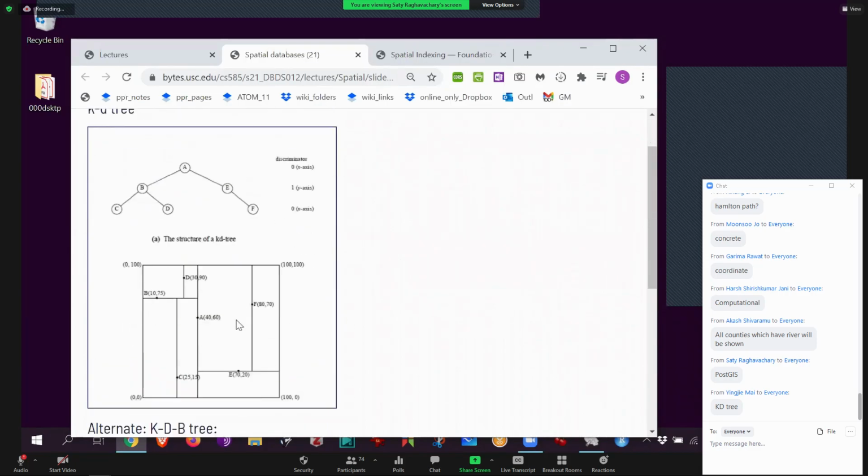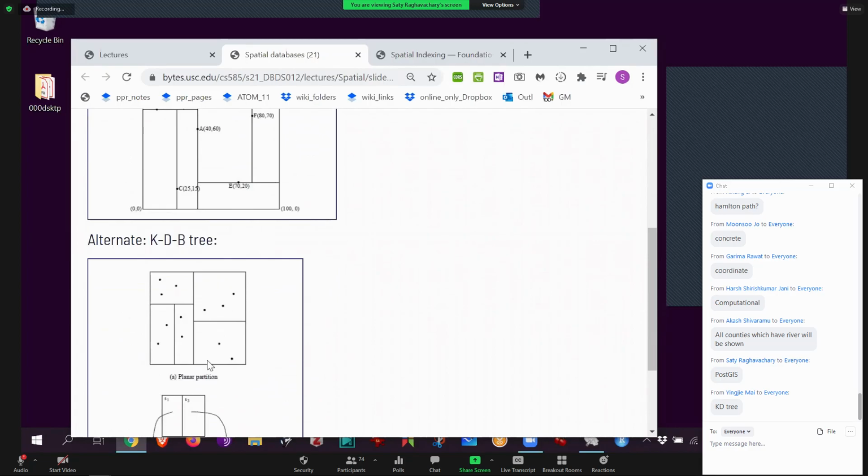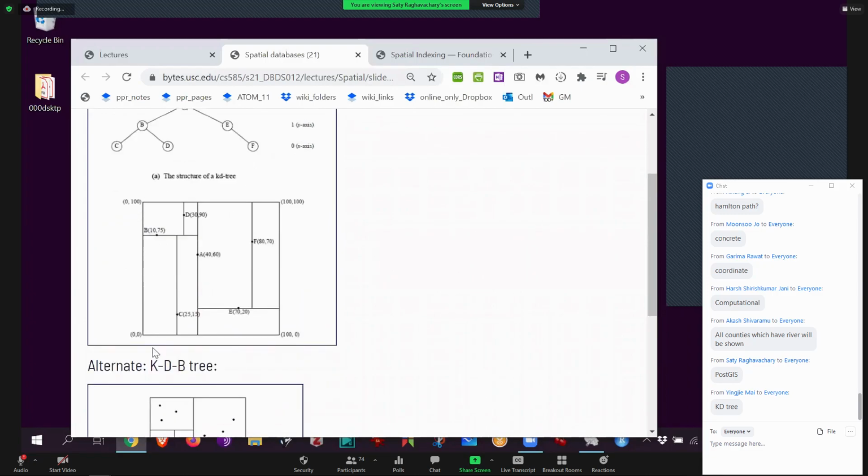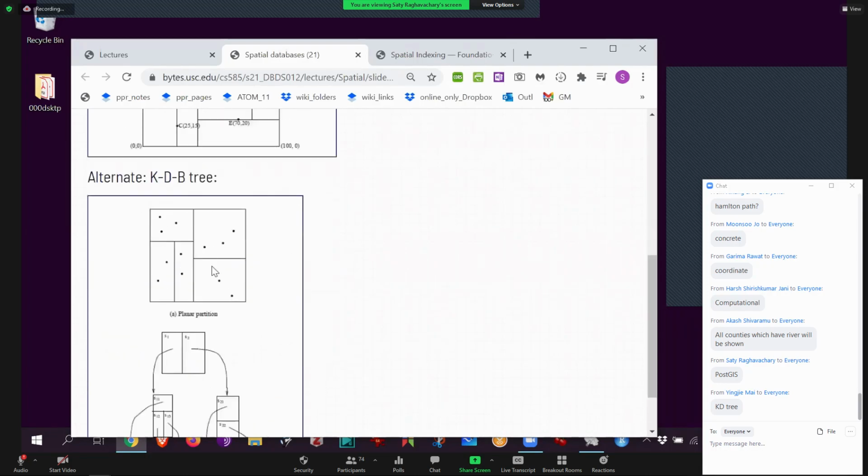A KDB tree is still the same data points, okay? The exact same data points as before. But now you don't draw the boundaries. You don't make the tree through actual data points. You do it around the space that surrounds all your data points, meaning take the square and pretty much bisect the square. It doesn't matter if the bisection does not pass through any data point. You don't care really. It's optional. Then you get that. Meaning first level, second level, third level, and sadly here there's no fourth level. They all become like leaves, okay?